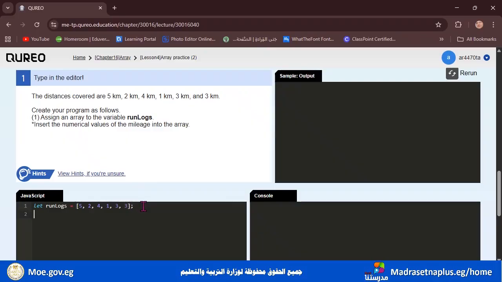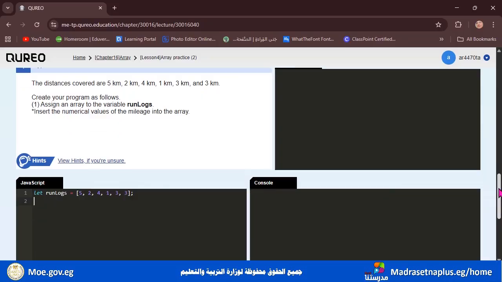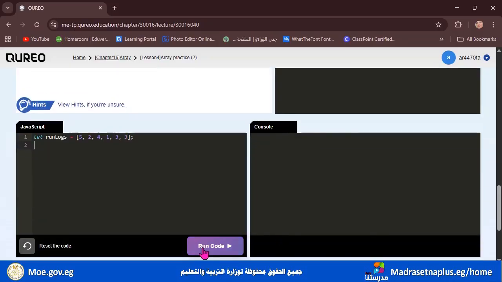After that, let's write let total. I think that he wants to assign the array, only assign the array. Let's not complete and see if he just wants the array.